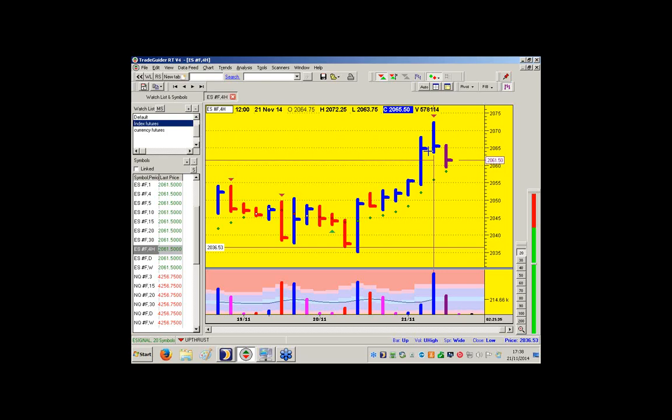Now, it's very interesting, this 4 hour. So we've got these principles here now. You've got the stopping volume, which we all know about. Right, it stopped, must have been buying, because it's a down bar and high volume, next bar's up, look. But the market cannot go up when there's supply present, so it has to test. So it slowly rolls over.